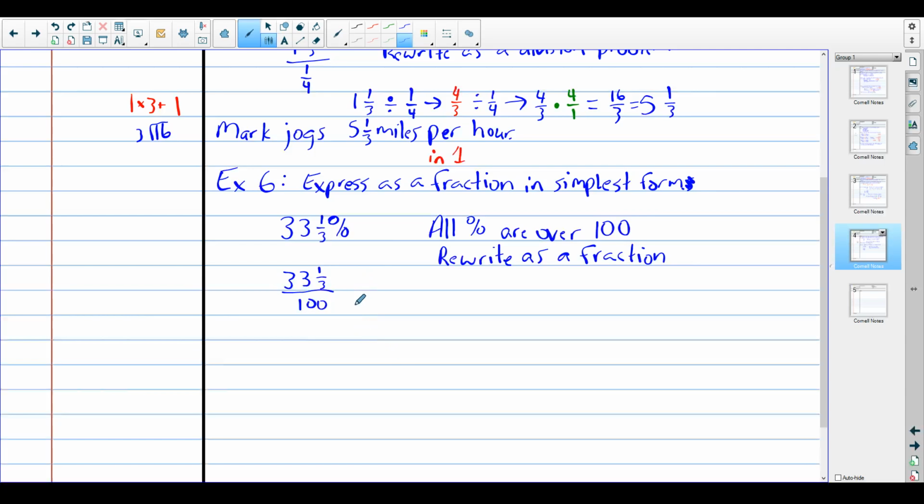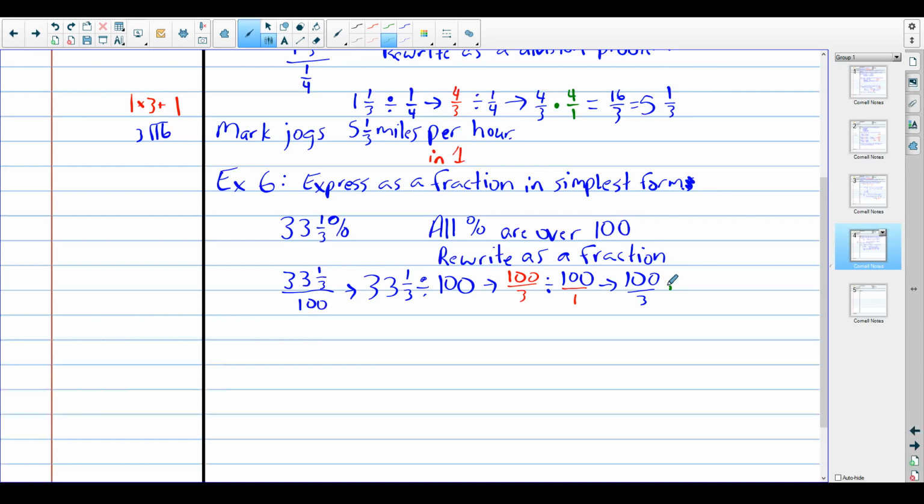Okay, and then we go through the same process that we've been doing. So take our first number and put it first, divided by 100. So then we rewrite our fractions. So 33 times 3 is 99, plus 1 is 100 over 3, divided by 100. That's a whole number, so we just put that over 1. And then we just have to remember not to multiply 100 times 100. We've got to flip our fraction first. So this will become 100 over 3